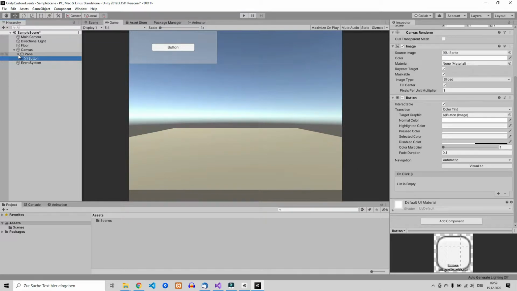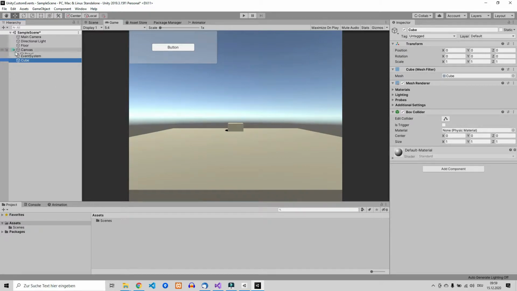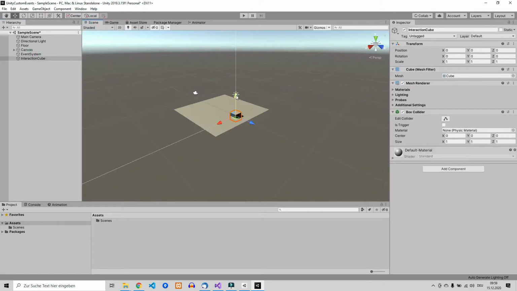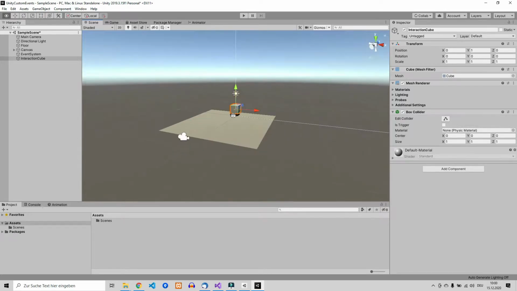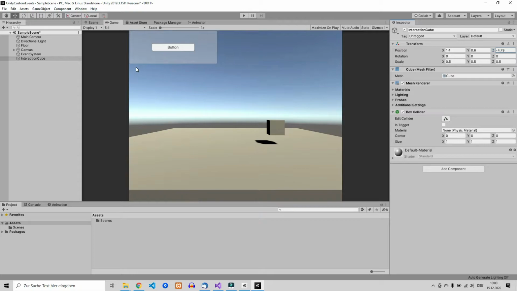What can you do with it? So for this, we want to add a new 3D object into our scene. Let's call it cube, and maybe rename it interaction cube. And let's place it a little bit more into our viewport. Okay, nice. So we just have added one 3D object in here,